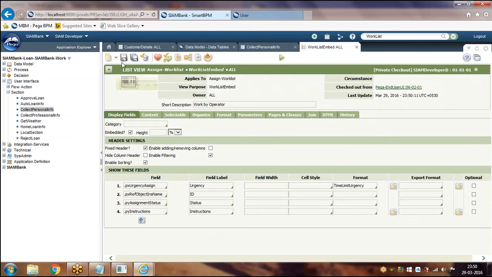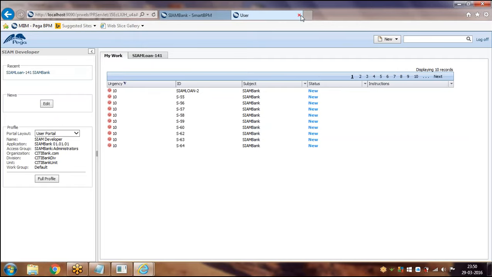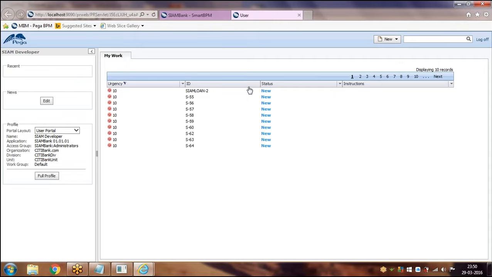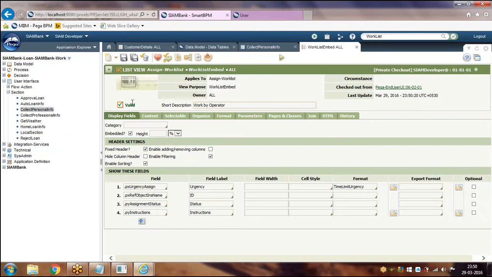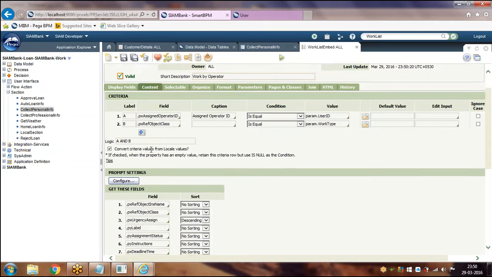I'm just removing it, save it. See, you are not able to see the subject because I removed it. Based on the client requirement, save as this rule into your application rule set and make the changes.